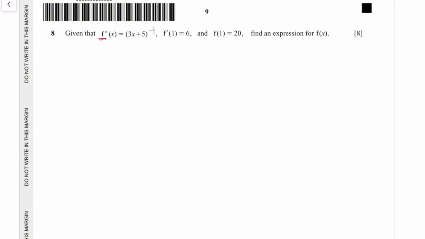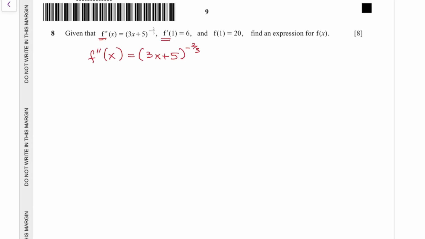I think I did mention about prime earlier. Prime is basically first derivative. So you're expecting double prime to be second derivative. And how do we go about these derivatives? Remember, the inverse of derivative is just an integration. Okay? Means that if you already have f double prime x, that is (3x + 5) to the power of negative 2 over 3,